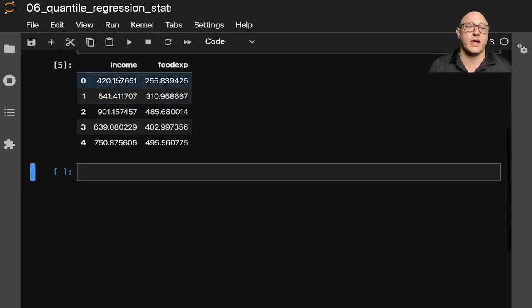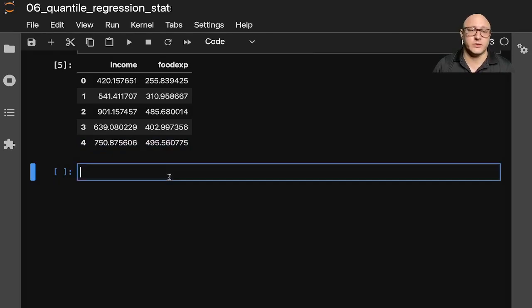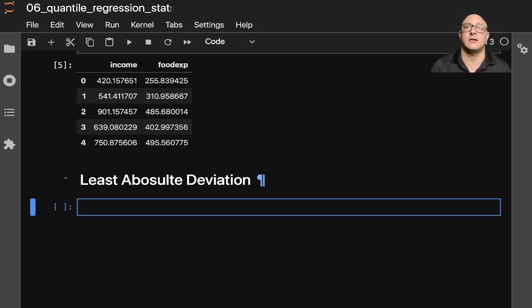All right, so here we have income and food expenditure. Now, the first thing that we're going to want to work on is the least absolute deviation. This LAD model specializes in quantile regressions where q is going to be 0.5. So our model is going to be